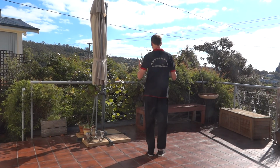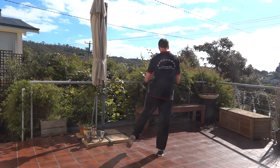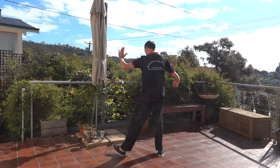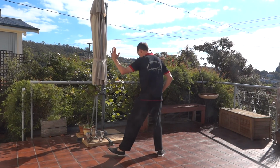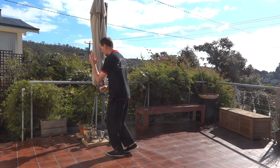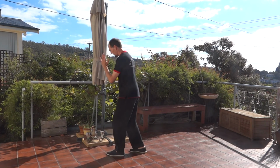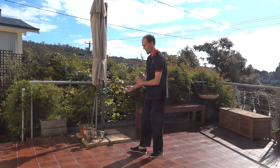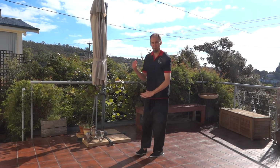Breath in to open, breath out to close, step out for single whip. Left toe up, form the fist with the right hand onto the hip, step in to punch under the elbow. Right hand drops down as we step back left, left hand drops down as right hand and toe come up, we turn, and again we're on a bit